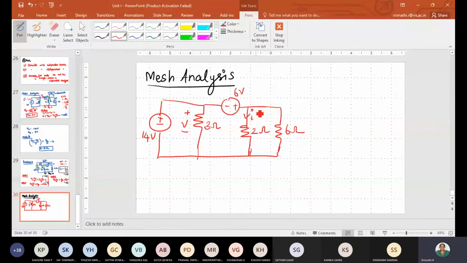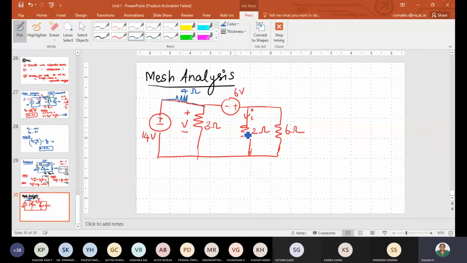Find the voltage and current. Voltage V and current I for the circuit shown in the figure. Is it okay, guys? Yes, ma'am. I left one resistance. We have a resistance here of 4 ohms. Find the voltage V and the current I for the circuit shown in the figure using mesh analysis.